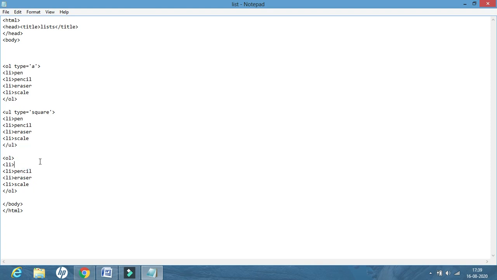Suppose ink pen, then suppose HB pencil, then non-dust eraser, and suppose Faber-Castell scale. Suppose these are the items I want to display, but in an ordered list, not unordered list. Let me see what happens.